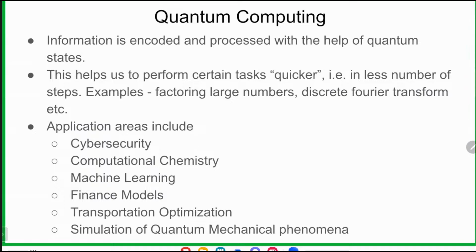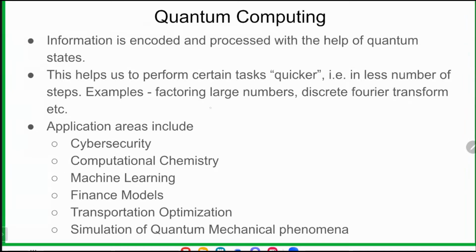It cannot do that in a very short time. And so the entire concept of cryptography, or some forms of cryptography like RSA encryption, rests on the difficulty of the problems. So on the fact that certain problems are very difficult to be solved by classical computers. But quantum computers, for example, can